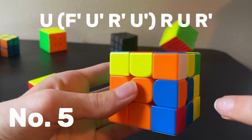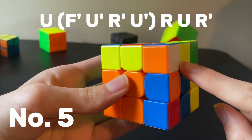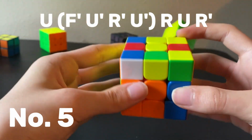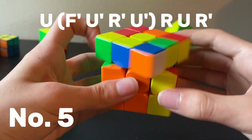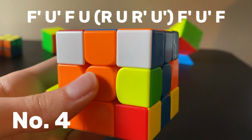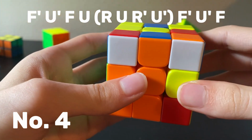Starting with case number 5, when the corner and edge piece don't match, and when the corner piece faces the right, first move it over to the left down here, and take out this piece, then insert the pair. Number 4, this case, when the top colors don't match and the corner piece faces you,